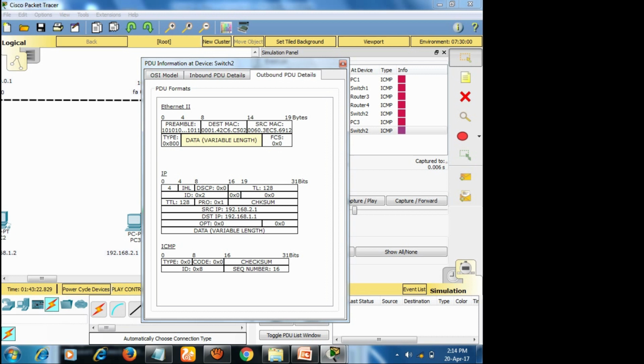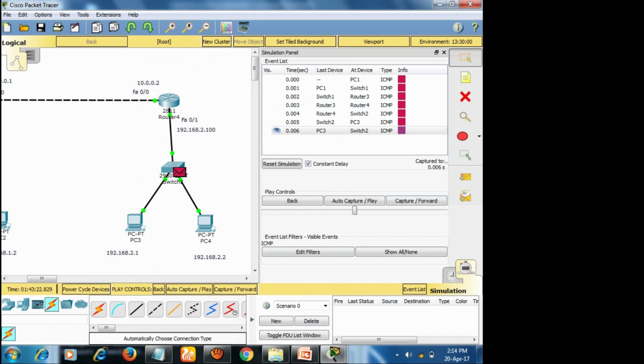Look at here, the outbound and inbound are different. The outbound source address is 192.168.2.1 and the destination IP is 192.168.1.1. But what happens is, when it goes to the router